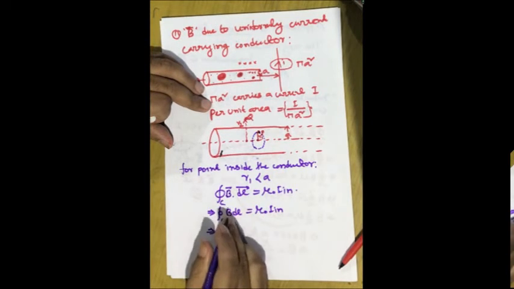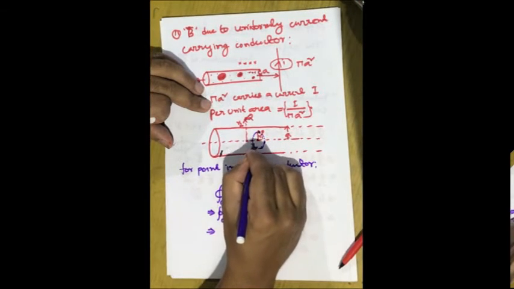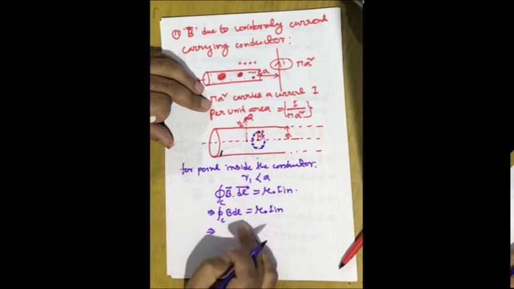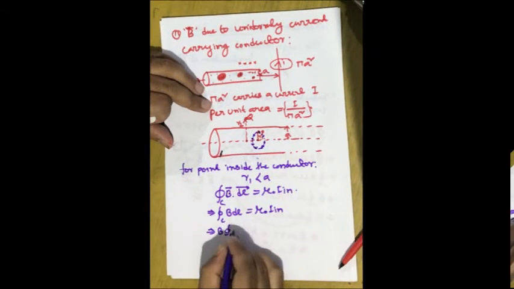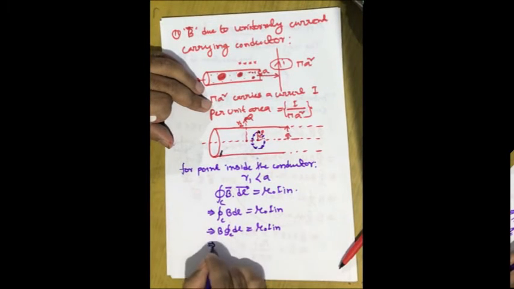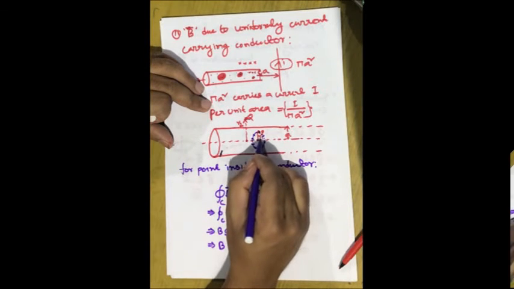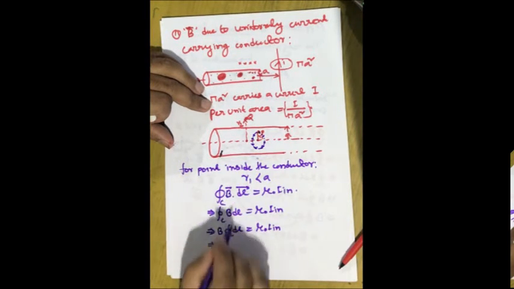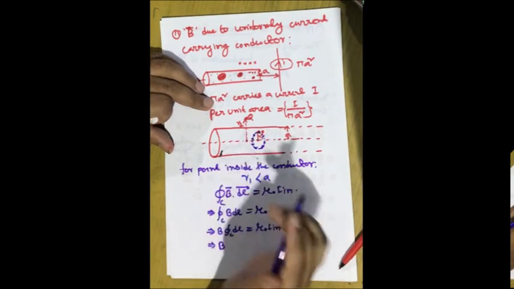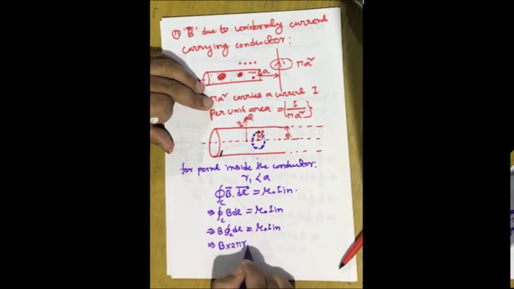The value of B at each point of the Ampere's loop will be the same as in the previous class due to the symmetry of the problem. Therefore, we can take B outside of the integration sign. So it will be B closed integral of dl is equal to mu naught I inclusive. Now you see this circular loop has a radius of R1. So the line integral of dl means the total circumference of this circle. If its radius is R1, then its total circumference will be 2 pi R1, so B into 2 pi R1 is equal to mu naught into I inclusive. Therefore B is equal to mu naught I inclusive divided by 2 pi R1.